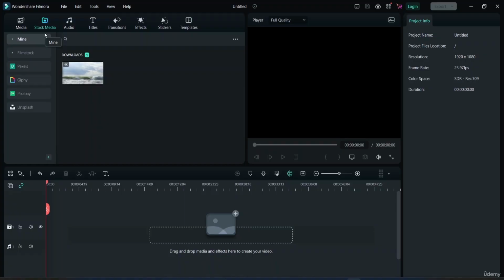So in the next class, I'll be telling you guys about the interface and the workspace, what this is all about, what this panel is called, what this panel does. I'll be explaining it to you guys